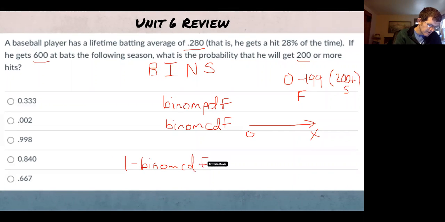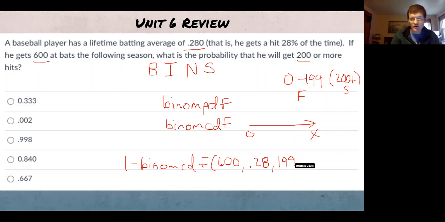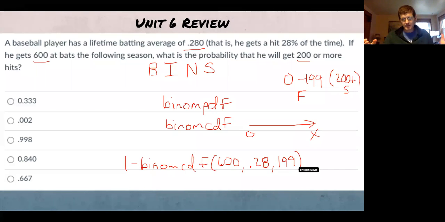And so in this case, I'm going to get the complement of 1 minus binomial CDF of, and when you go to your distribution screen, so just to make sure these numbers make sense, you want to go to your distribution, go down close to the bottom and open up your binomial CDF. We're going to have 600 trials. The probability each time is 0.28, and X value, the number of successes, is 199 because 200 is considered a success in our larger problem. So up to 199, we're getting the probability of failure. So if I plug those numbers in,